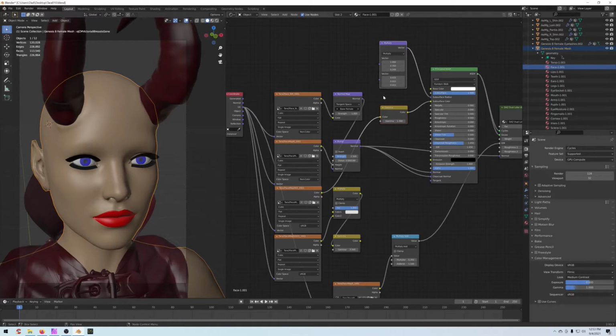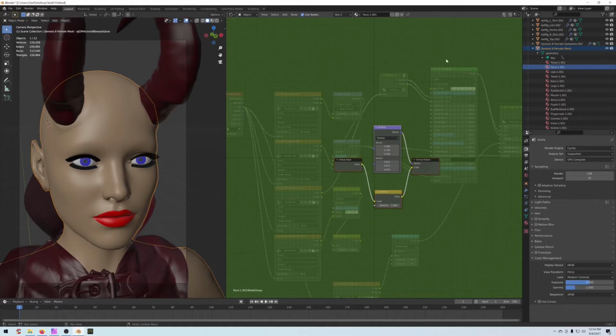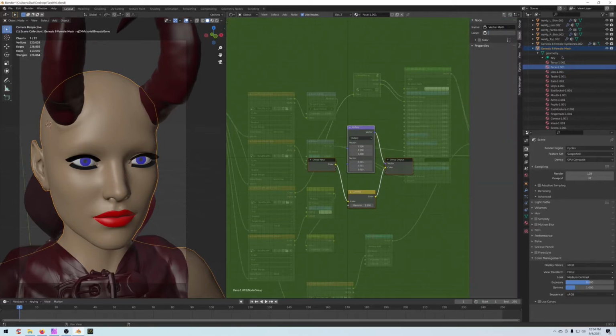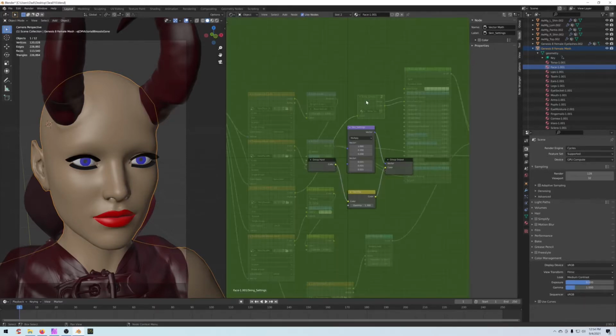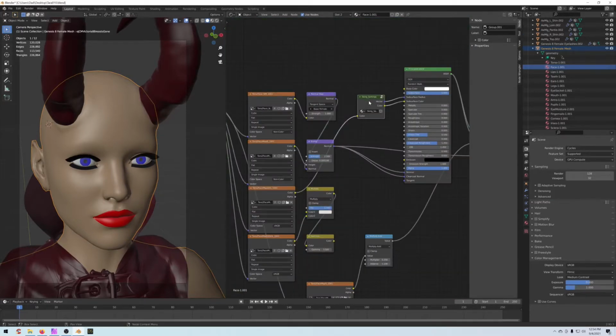And what we can do is group, Control G, and we'll name this skin settings. Actually, no, we have to put it here. Skin settings. Okay. Now we have this node group that if we want to change the subsurface scattering depth, or want to change the gamma, we'll be able to change it for all of these skin materials together. So we just have to put this